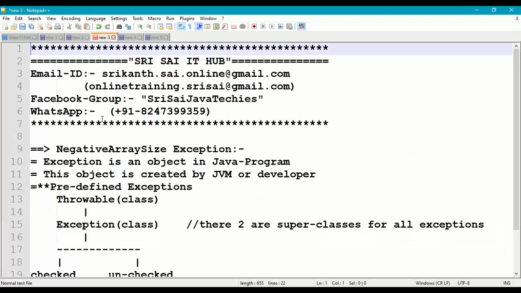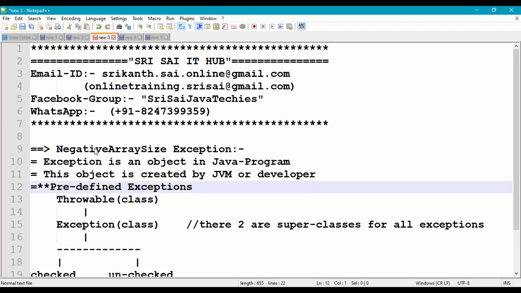Now coming to negative array size exception. Every exception is an object in Java program, and this object is created by JVM or developer when exception occurs in a program. These exception objects belong to some classes in Java.